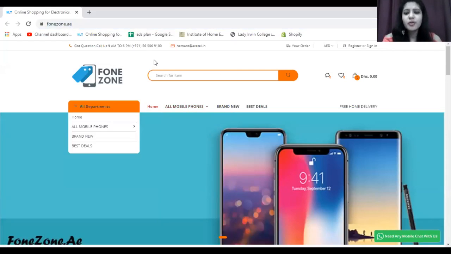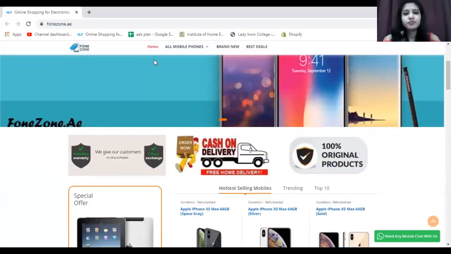Whereas on this site you get to see that the 6 months warranty and 70 exchange policy are already there. Apart from that, you get the additional benefits of COD and free shipping, which means free delivery at your doorsteps. Delivery timing might vary from 48 hours to 1 week, like 48 hours in most parts of UAE on this site, whereas it might take up to a week for Saudi. For the rest of the places it takes just 48 hours.